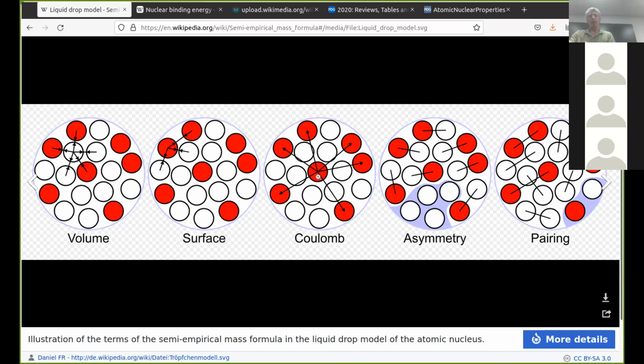That makes it harder to force them together. Whereas the neutrons contribute to the volume term and not to the Coulomb term, so we end up with more neutrons. But there is an asymmetry term